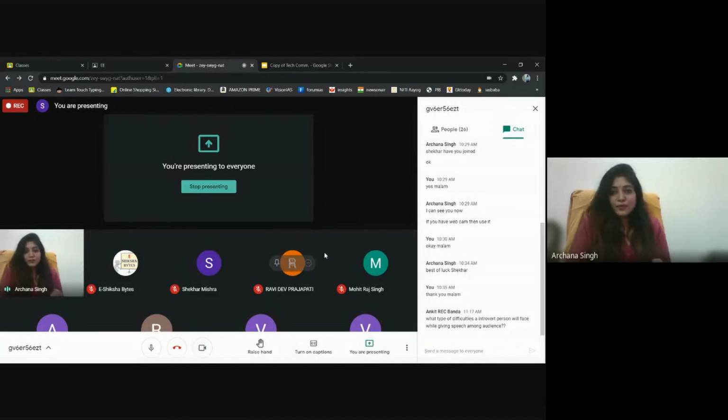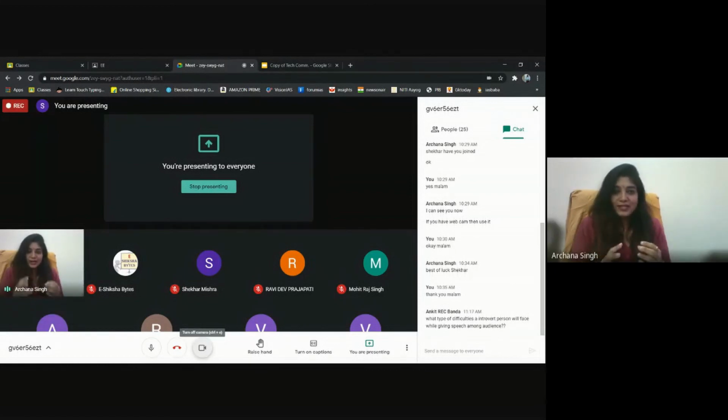And the most important thing is your vocal cues, which Shekhar has very beautifully explained, that you need to take care of pauses. You don't have to rush to complete the entire content. So take proper pauses, work on the quality of your voice, articulate each and every word properly with the correct pronunciation that is universally accepted, and you need to modulate your voice, because when you modulate your voice, it helps in understanding your ideas to the audience.